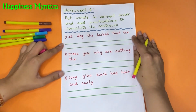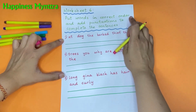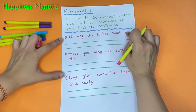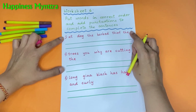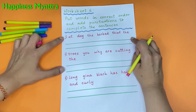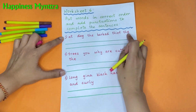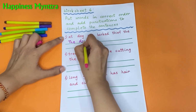Finally, coming to worksheet 6, which is the last worksheet for this video. Put words in correct order and add punctuations to complete the sentences. Now this is a 2-fold kind of worksheet because this is a jumbled sentence. They need to unscramble it and then write it with the punctuations. At dog, the barked thief, the. So this should be the dog